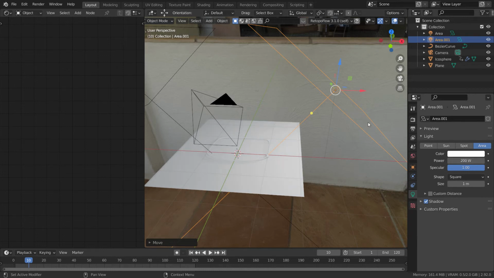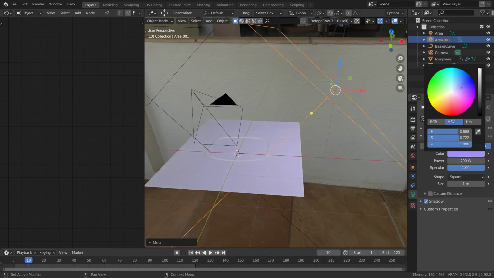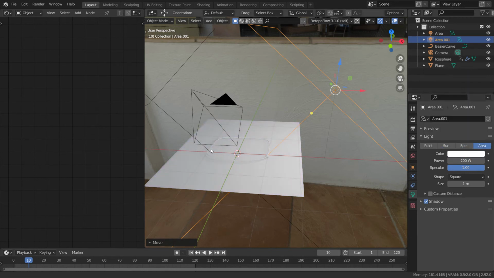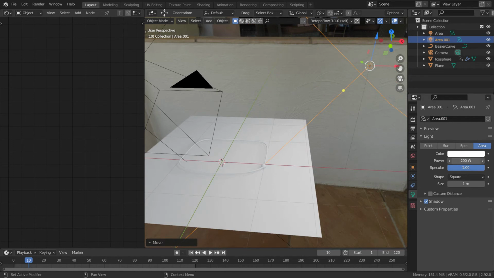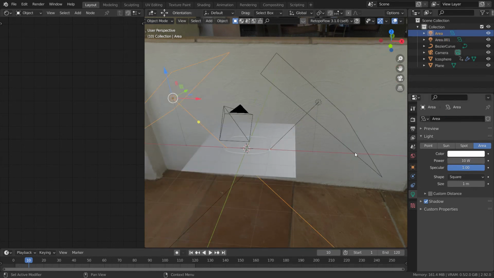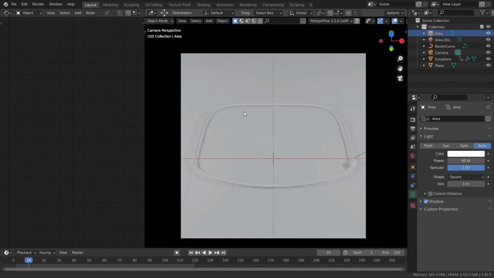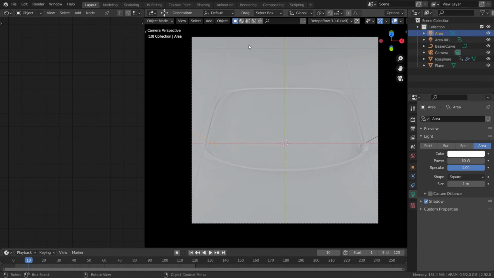And as you can see, now I can change the color, and you'll see that the color of light is changing. So I'll just keep it white as it is. Let's change it to 60, and let's change this to 60 as well.